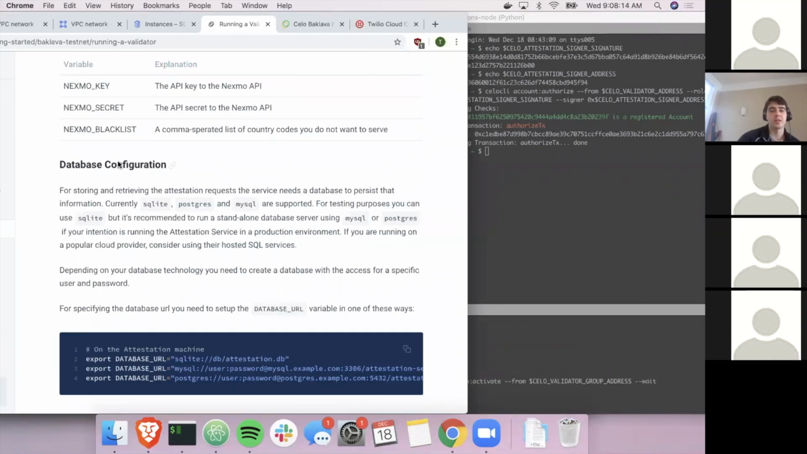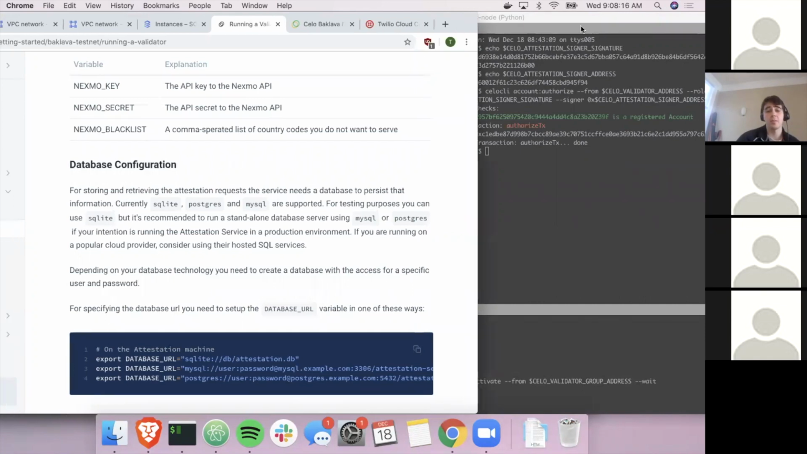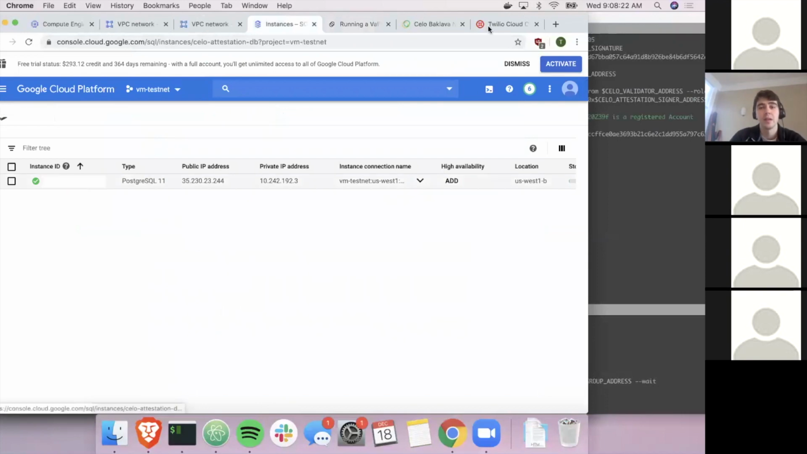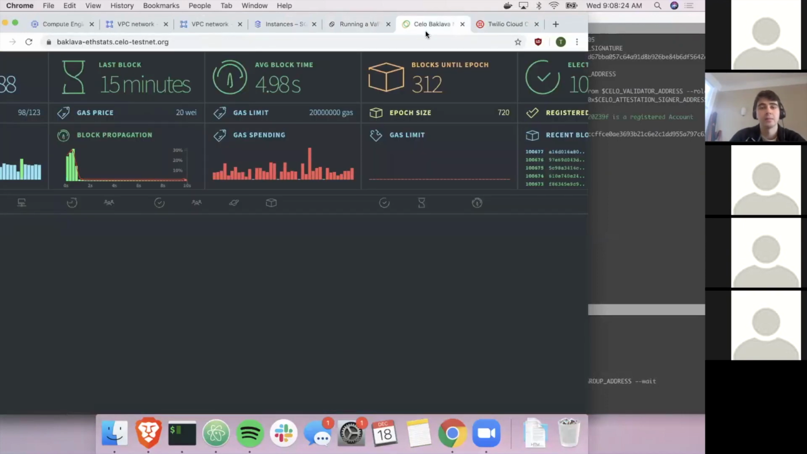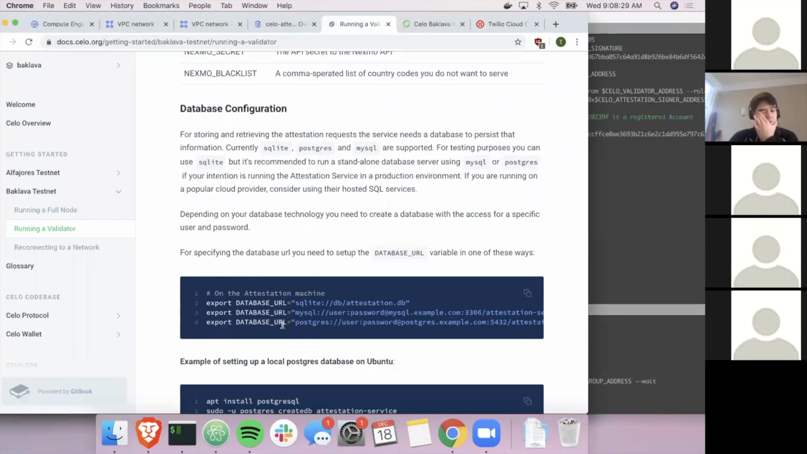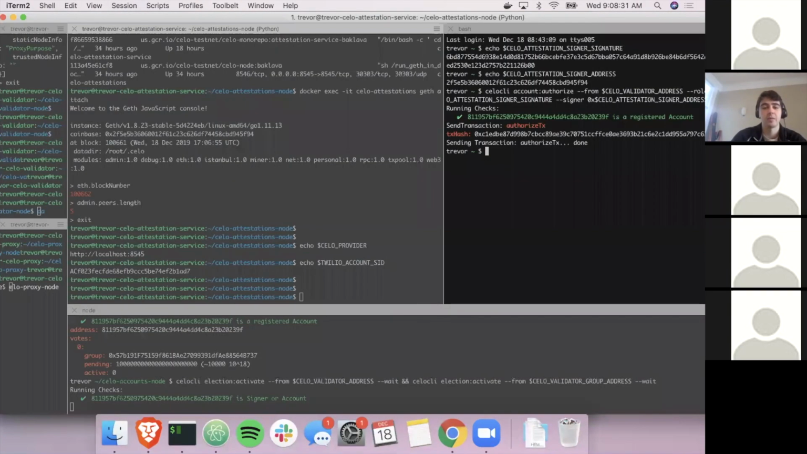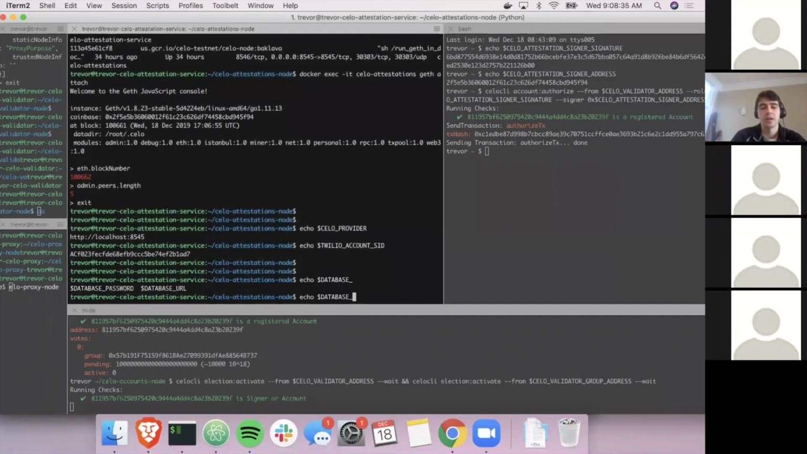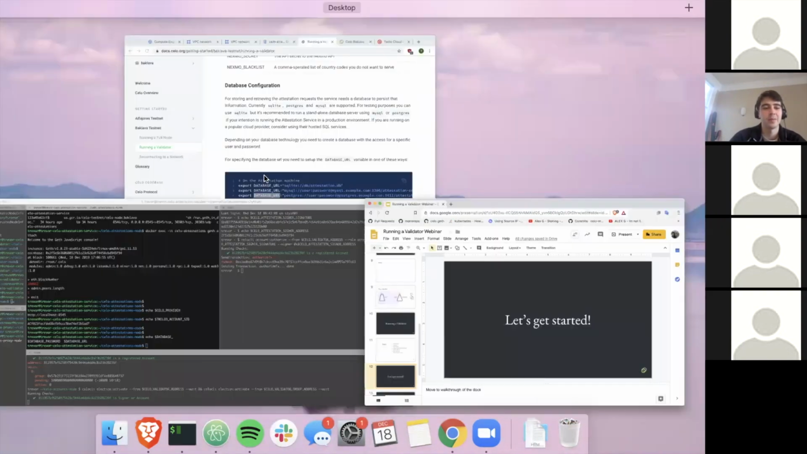So here we come to the database configuration. I have already done this as well. So if I go back to my database, I chose to use Postgres. So I have this environment variable. Or should, yeah, okay, there we go. I won't print it out because it has my password and stuff in there, but